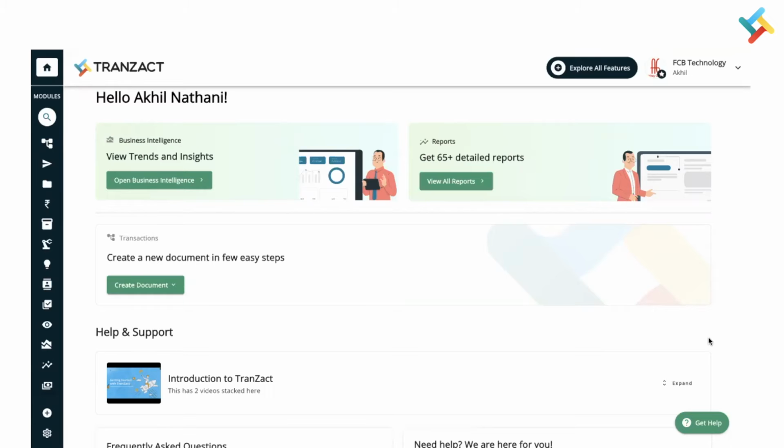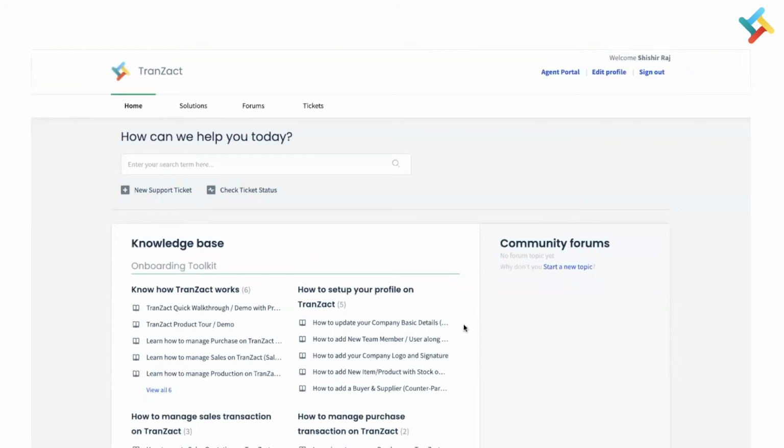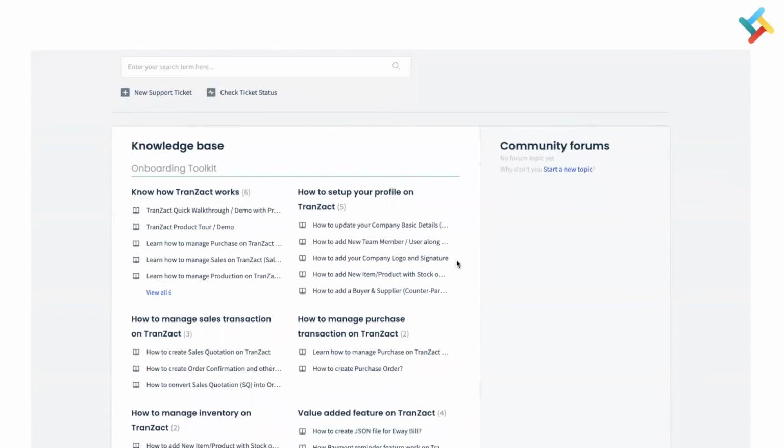On the right-hand side at the very bottom, you will see the Get Help option. Click on this. Now, here are the two options. One is the chat, through which you can raise a support chat, and our support chat agent will assist you within our business hours. The next option we have provided is the FAQ segment. Once you click on the FAQ segment, it will take you to our Knowledge Center, where you will find specific videos